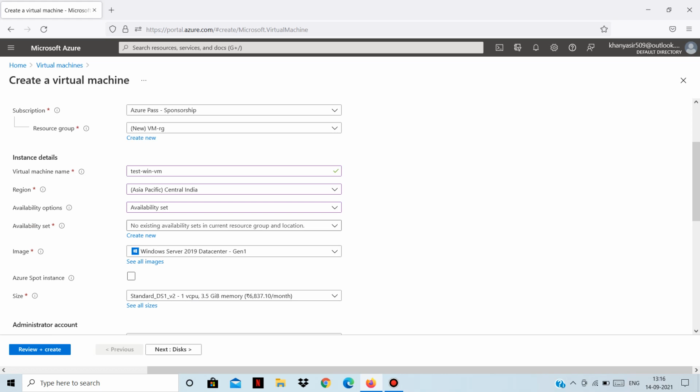So using availability set, you can ensure that if you create two virtual machines running the same services, you can place them in an availability set, and Azure will ensure that both of these virtual machines get created on a different physical server in the same data center. So if one server goes down, you have your VM running on another physical server. So it ensures high availability.